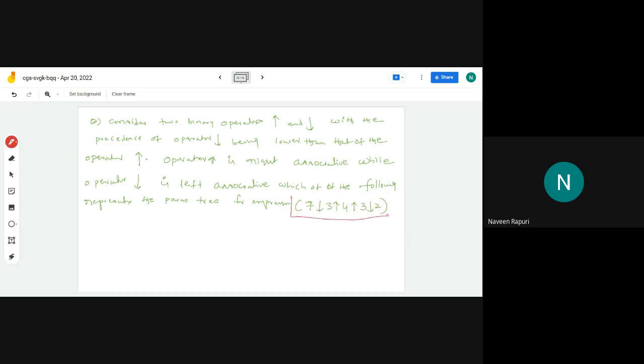This is the expression. Simply he is asking what is the syntax tree or what is the parse tree for the given expression, with the given properties. The given properties are precedency is given and associativity is also given. The options are